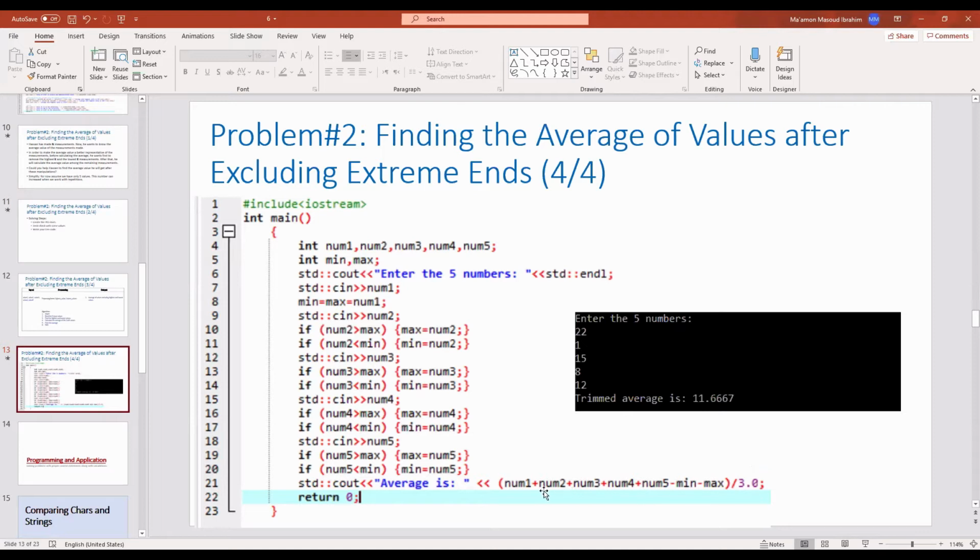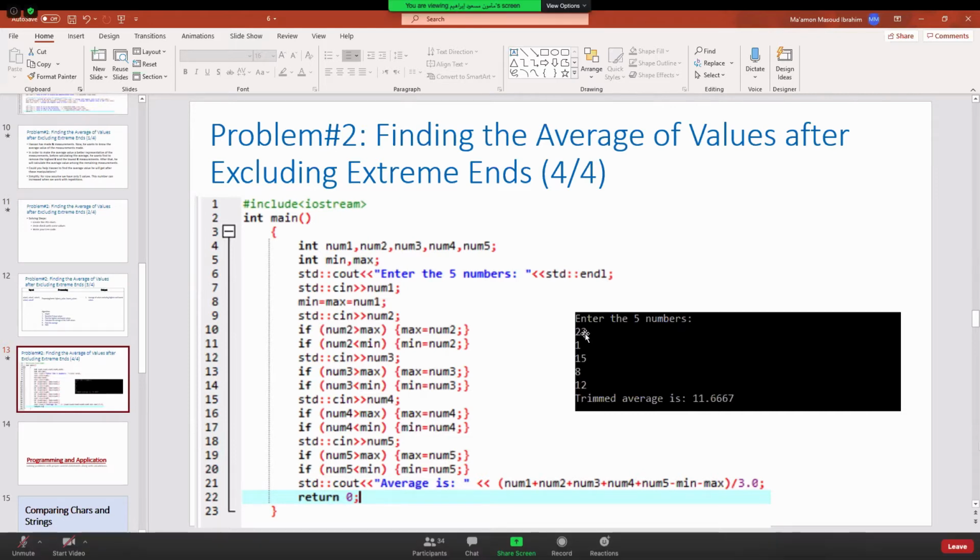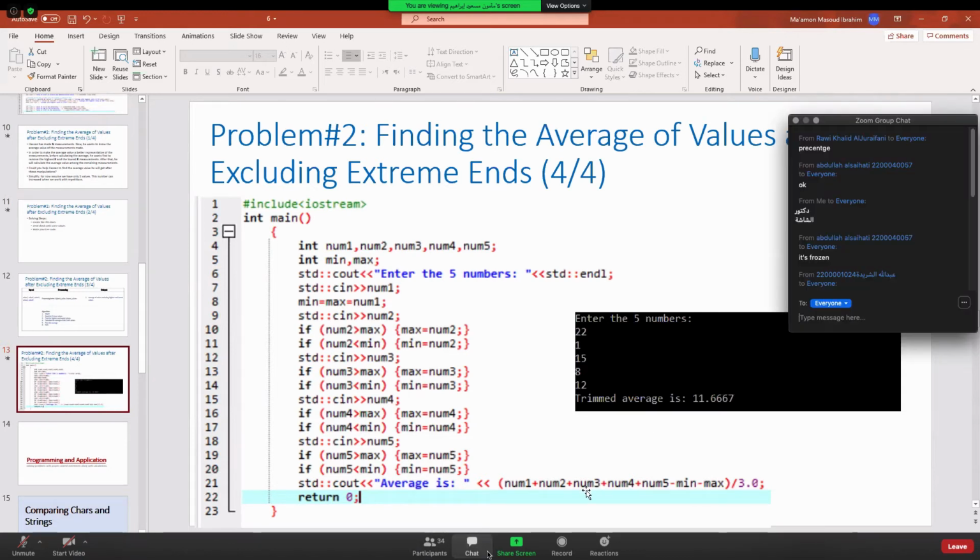Okay, so here is the total. The user has entered these numbers. We have trimmed the maximum, which is 22, and the minimum, which is 1. Then we have calculated the average here by dividing it by 3. Okay,